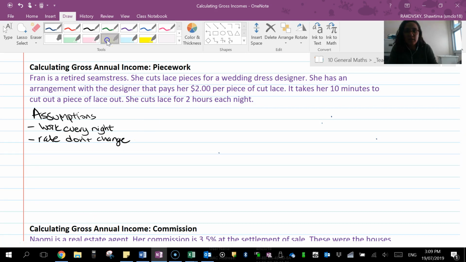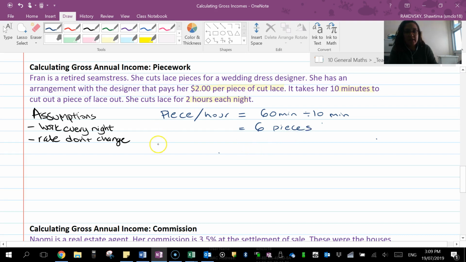So the things that we need to be looking for is how many pieces of lace. That's $2 per lace, that's how much she's going to earn. She's working for 2 hours each night, and it takes her 10 minutes to cut a lace out. So we need to start looking at the number of pieces per hour. There's 60 minutes in an hour, and each piece takes 10 minutes. So that gives us 6 pieces